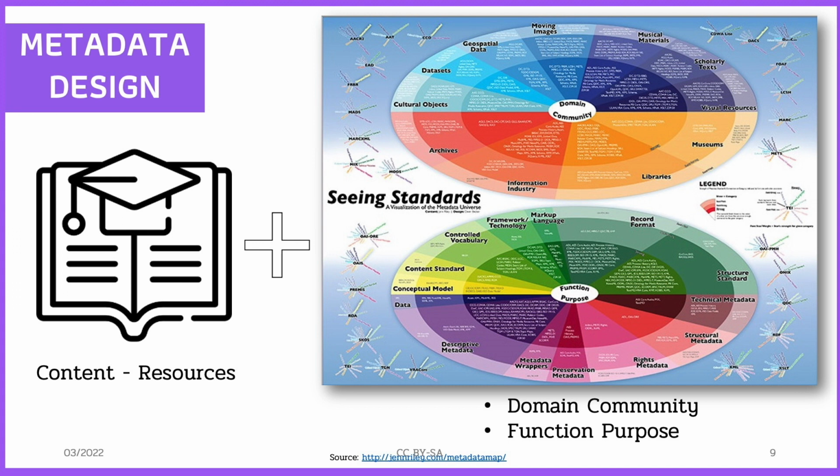So we are going to look at the standard metadata that we can implement in the world of data management. There are already standards for us to choose from, which are 2 groups: the domain group, such as the library, museum, and archive group, and the function purpose group that uses metadata such as write metadata, preservation metadata, or descriptive metadata.